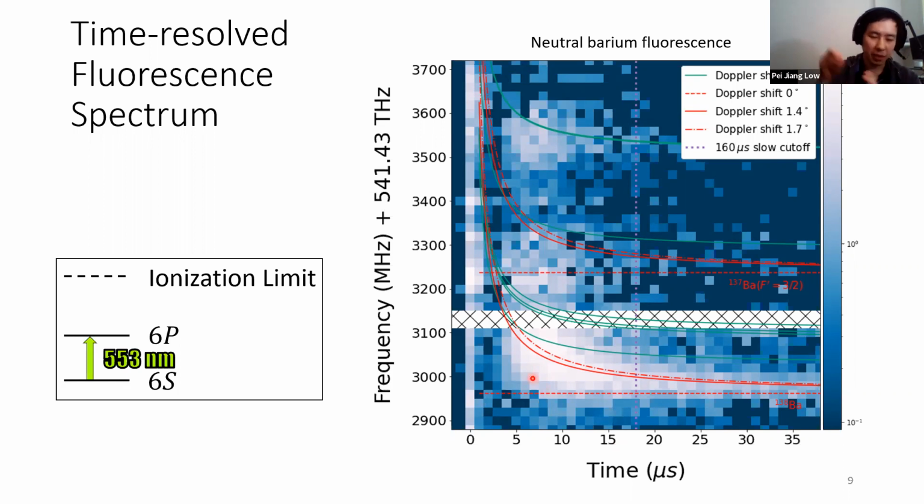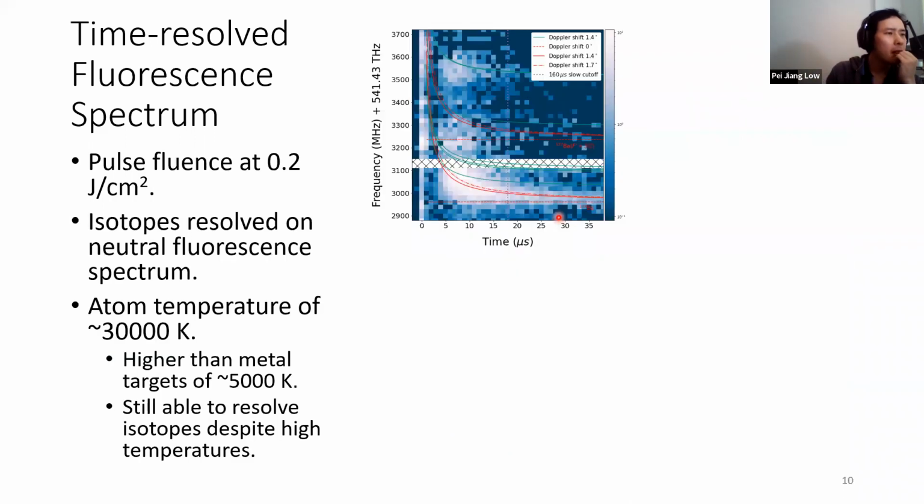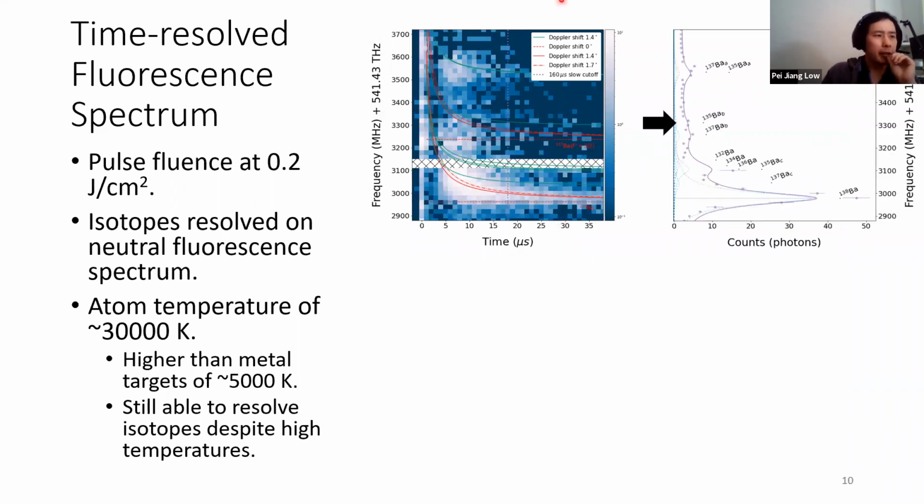So at earlier times, the atoms that reach the trap first are the faster ones. You see that there's a frequency shift, a blue shift of the spectrum, and then at later times you see that it converges to some asymptotic value, and this is due to Doppler shift because of our faster atoms. It has more Doppler shift, and so from this measurement, by integrating over the slow atoms, we can get the